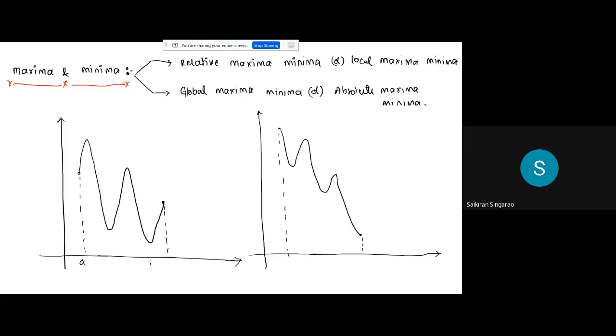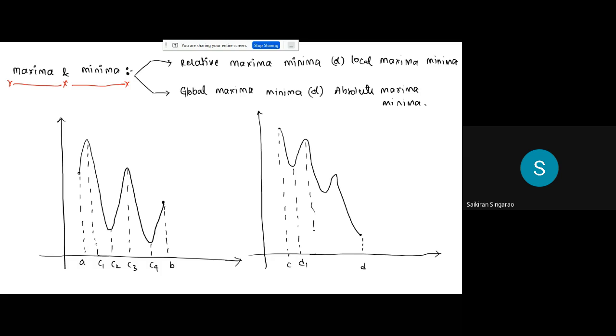Let me call this A point, let me call this B point, let me call this C point, let me call this D point. Let this point be something. Let this point be, say, C1, C2, C3, C4. Here, can you tell me what is this point? So let me call this D1.